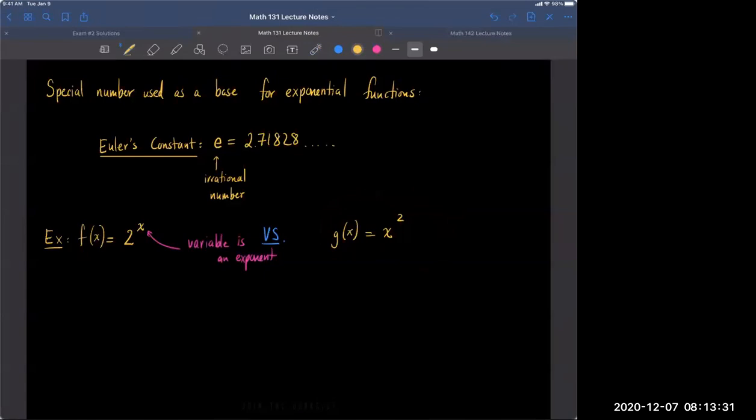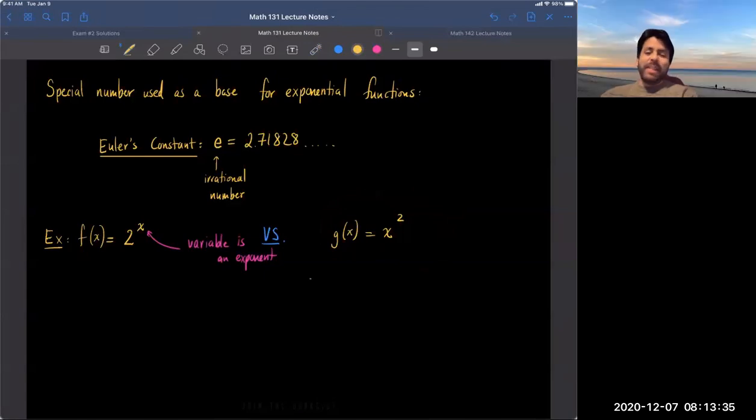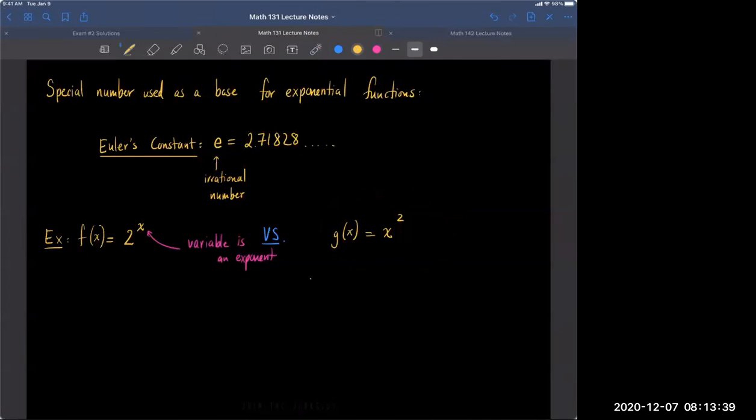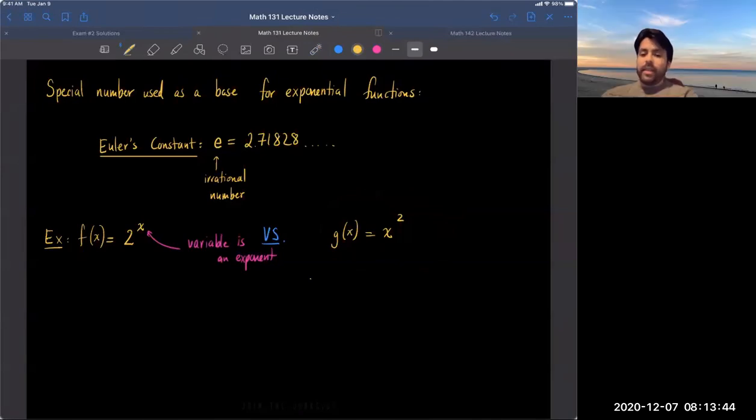I know there's a word for this function. So when you have a power of 2, when your exponent is a 2,